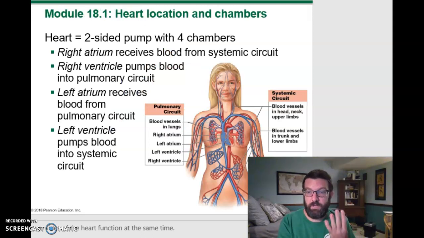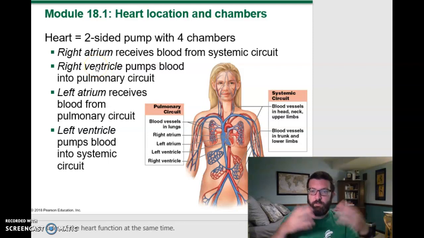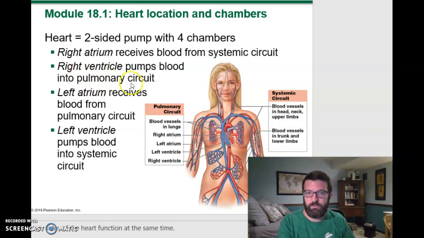The heart has four main chambers. The right atrium, which receives deoxygenated blood from the body, and then moves to the right ventricle, which pumps blood out through the pulmonary circuit. There are actually two circuits of blood in your body. Pulmonary circuit goes to the lungs, drops off CO2, picks up oxygen, and that oxygenated blood then goes back to the left atrium, down to the left ventricle, which pumps it out to the rest of the body